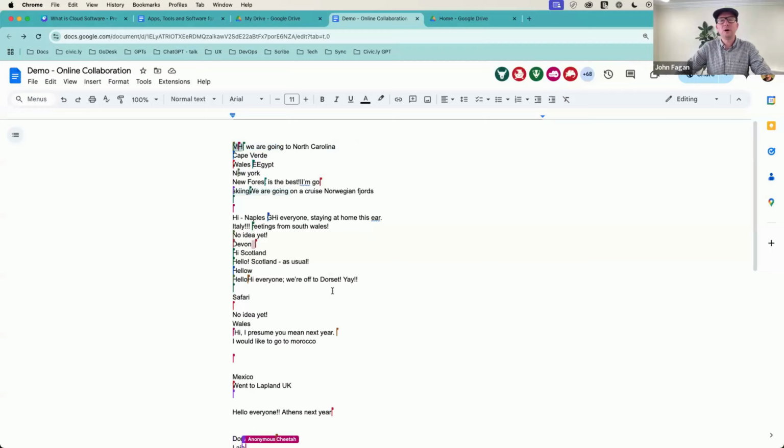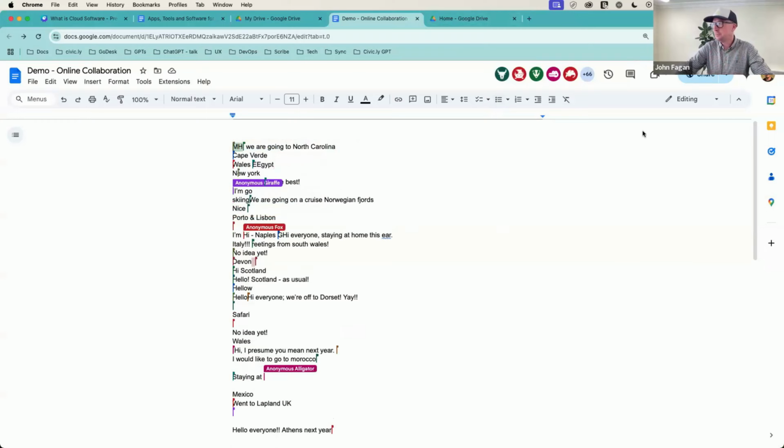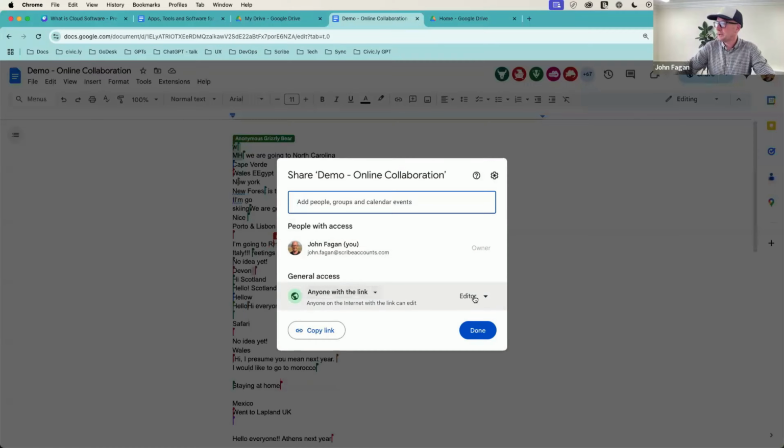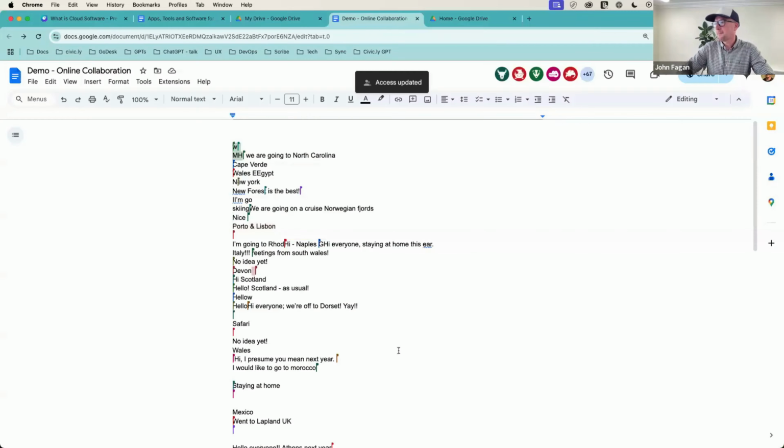A lot of the time, if you've got a spreadsheet or a doc, when you share it by attaching it to an email, you're creating another copy of it. So if you just share the actual live online document, you can set people to read only. I'm going to do that now. Let's just see what happens. I'm going to now move you to viewer. Boom. Try and edit, people. I've turned you off. There we go.